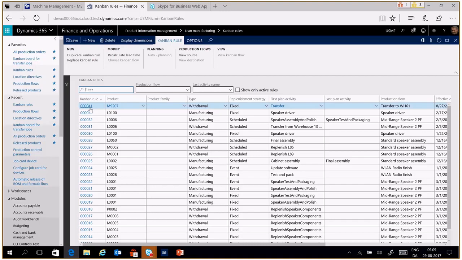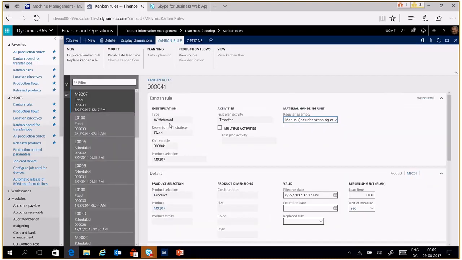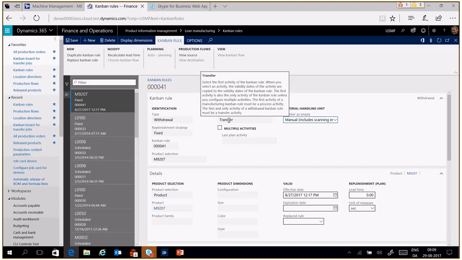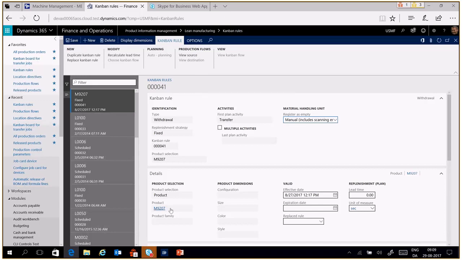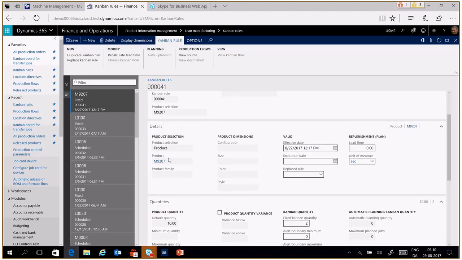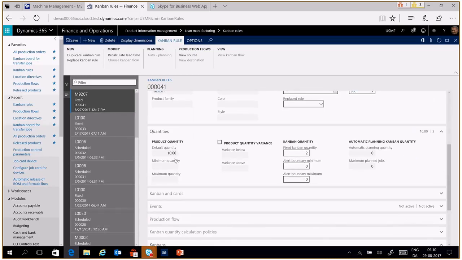So we have a rule here, 41. And if we look at this, we can see that this is of type withdrawal. The other type is the manufacturing Kanban. I refer to the production flow that I just created with the first activity here, transfer. I also associated the product to this Kanban rule, and in the Kanban rule you also specify the quantity. The default quantity in this case is 10 pieces that you move each time with this Kanban, and you also